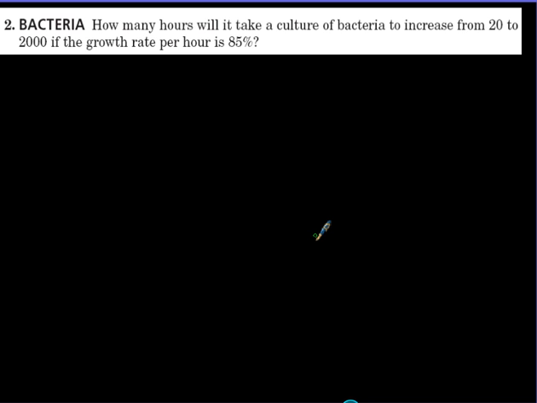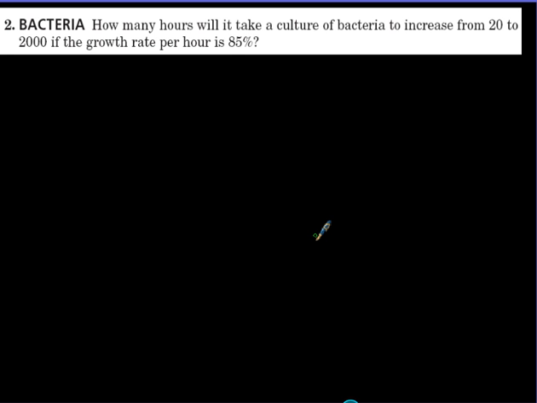Question number 2 is about bacteria. How many hours will it take a culture of bacteria to increase from 20 to 2000 if the growth rate per hour is 85%? So that's a very fast growth rate, and you'll find that to be the case with these questions about bacteria. Much astronomically higher than any kind of human growth rate or any animal growth rate that we might be studying, where the time it takes for another generation to be created is measured in years, not hours or minutes. So anyway,